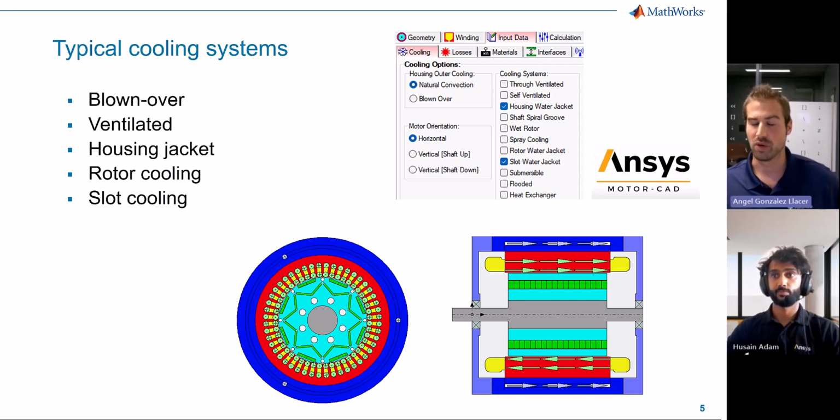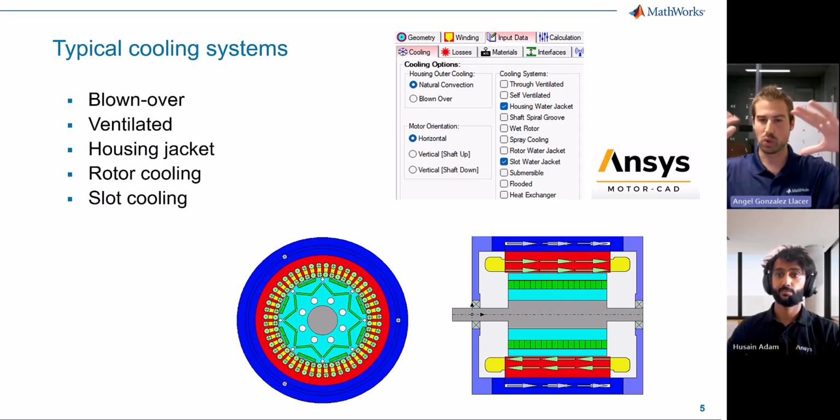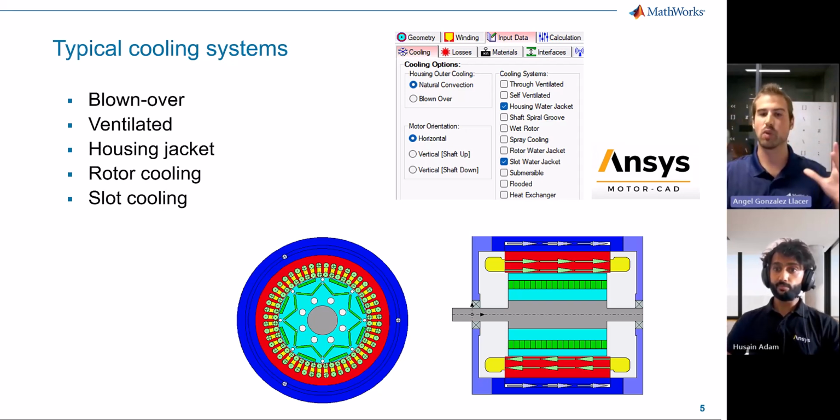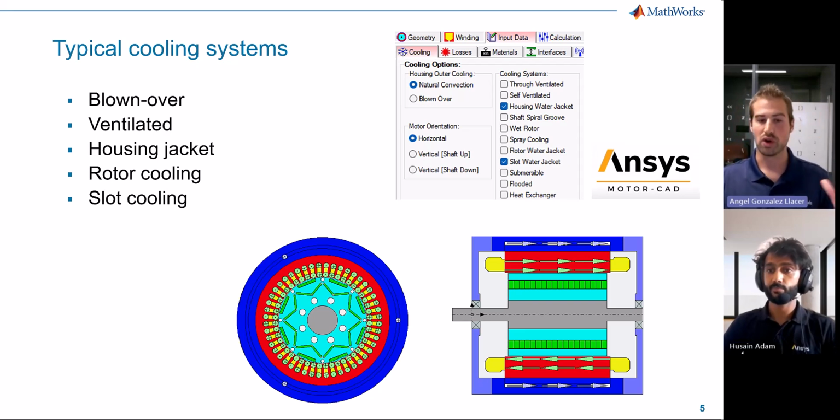Thanks for showing us all this variety of cooling solutions that exist and strategies and designs. I really like how, depending on how much you're ready to invest in your design, you can cool either in a general way from the exterior of the motor, or you can go inside the motor and cool specific components inside the motor that really need cooling in your design.